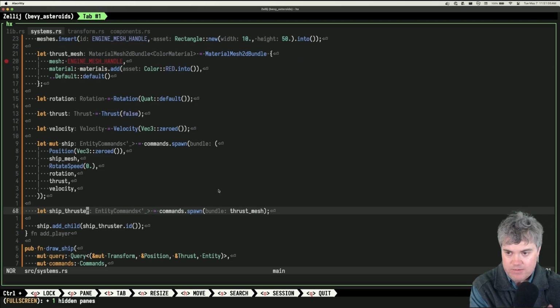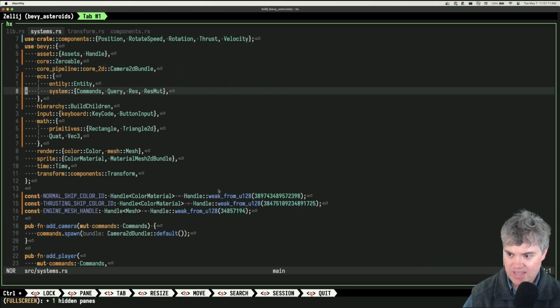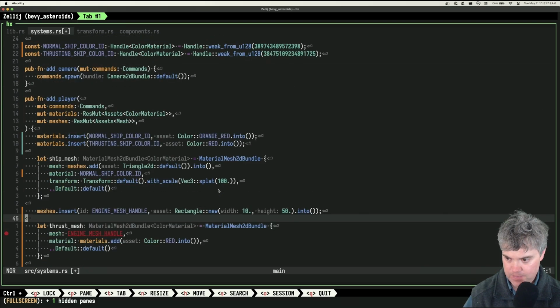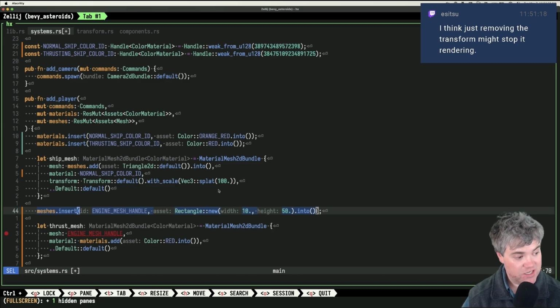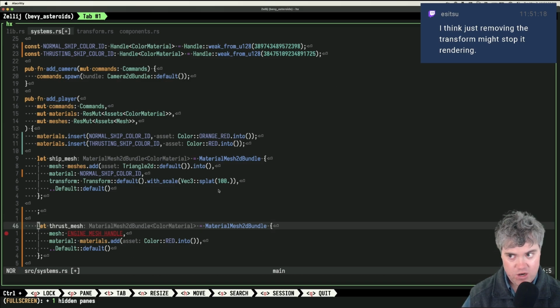Huh, okay. But yeah, let's say we get rid of you. I think just removing the transform might stop it from rendering. Or we could also try to set its alpha or something to 0. But yeah, we can probably just remove the transform, or we can figure something out. We'll figure something out.